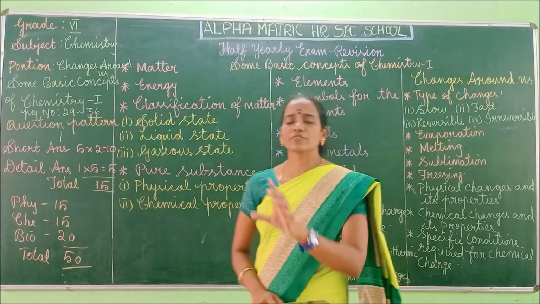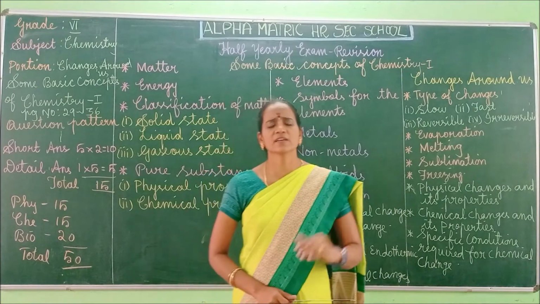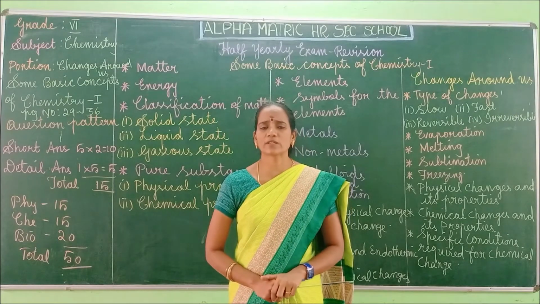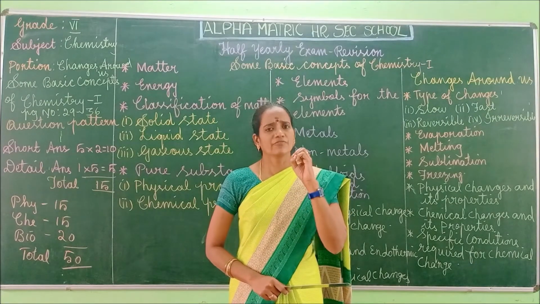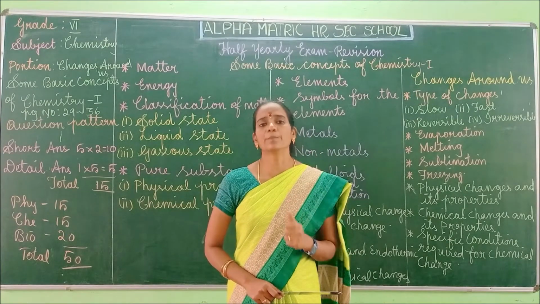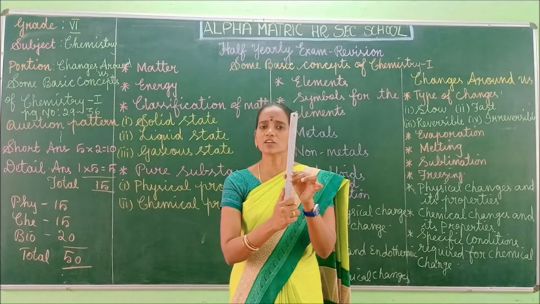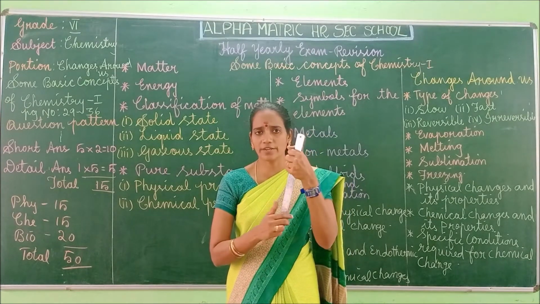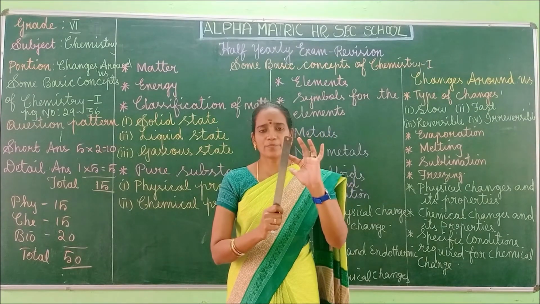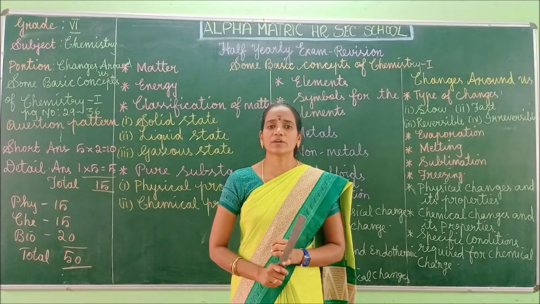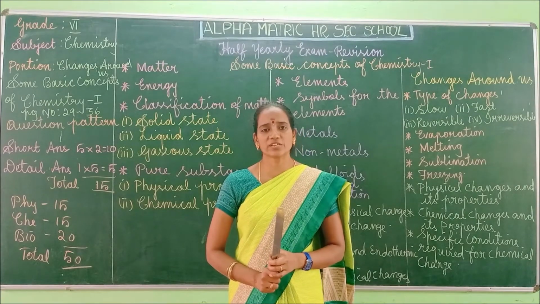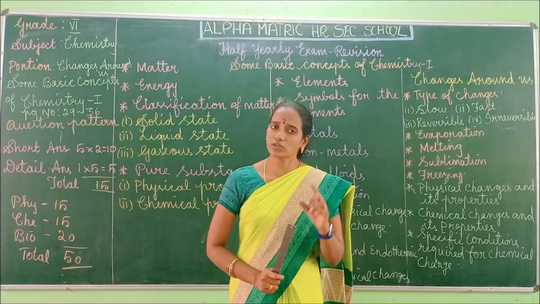First you have to write the properties of solid state. If the question is asked like this, mention the properties of solid state, minimum 4 points you have to write about solids. What are the things you know about solids? Solids have fixed shape, isn't it? This scale is a solid one. I cannot compress this solid, isn't it? Solids cannot be compressed much. Solids cannot flow. Solids cannot diffuse into each other. So these are some of the points about solids.